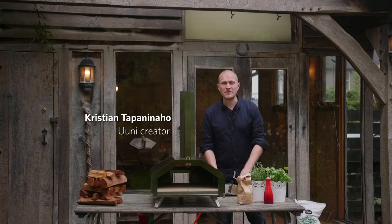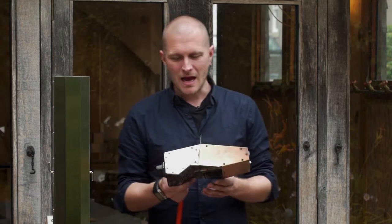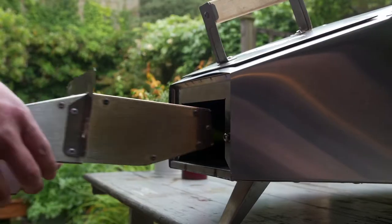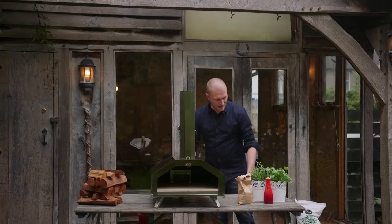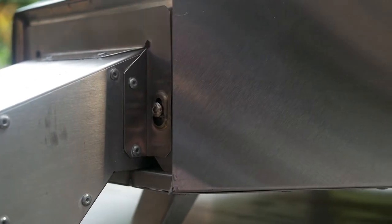Hi, here's another introductional video to the Uuni Pro, and in this one I'm going to show off the fantastic Uuni Pro gas burner attachment. So simple little unit, goes in through the back of the Uuni Pro, slides in and attaches to the bolts here at the back. Little turn on the Allen key and just to lightly secure it, and it's set in